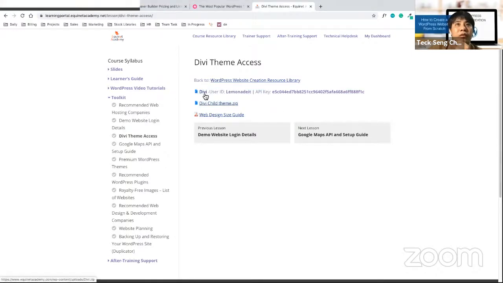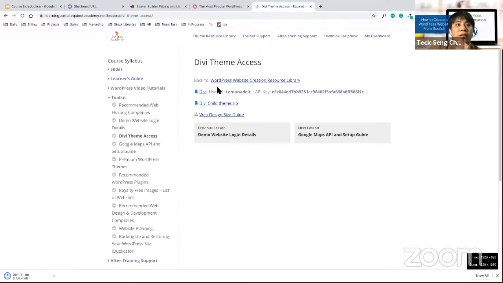So I need you to click once on the DV for it to download a zip file. Do not unzip it, just download the zip file. And then click on the DV child team again. Do not unzip it, just click on the zip file. Let it download both files. Okay. Hold on for a while. So y'all go ahead and hold on for a while.